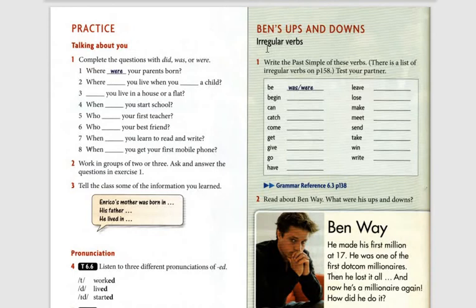Irregular verbs. We have irregular verbs. As you know, the verb in the past tense sentence will be either regular or irregular, and the regular will end with ed, and the irregular, the verb that will change from the present to the past without adding ed to the end of the verb. So that's why we call it irregular verb. Write the past simple of these verbs. There's a list of irregular verbs on page